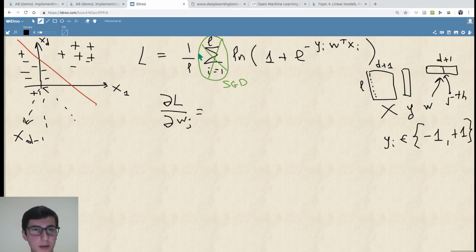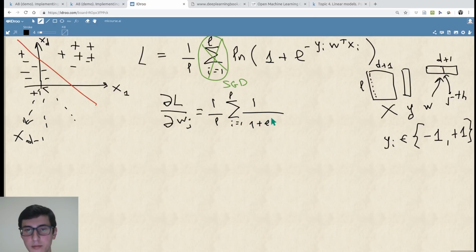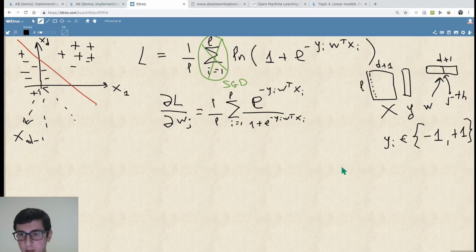Okay, so if we are to calculate a derivative, we'll have 1 over L, then again this big sum. We need to differentiate this logarithm, so first we'll have this expression in the denominator. Now we need to differentiate this expression with respect to Wj. So we'll have again the exponent, but now in the numerator. And this expression W transposed xi, if we simplify it,